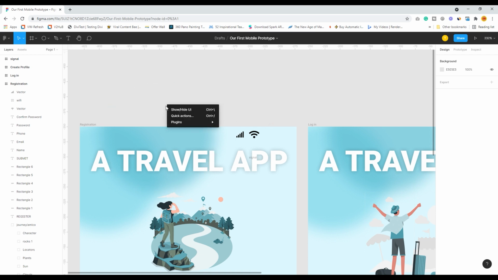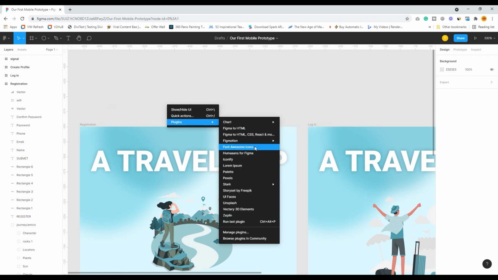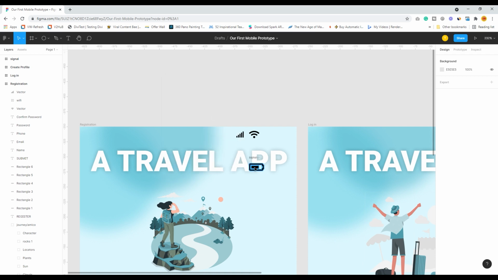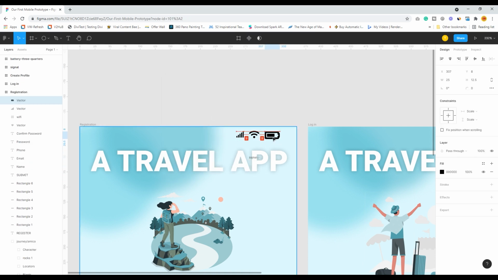The next thing I require is the battery icon. Battery or charge. Lovely. So which battery you want to take? I will take this realistic looking semi-charged battery. So these three things are done.